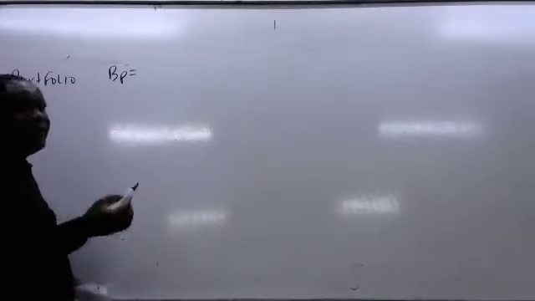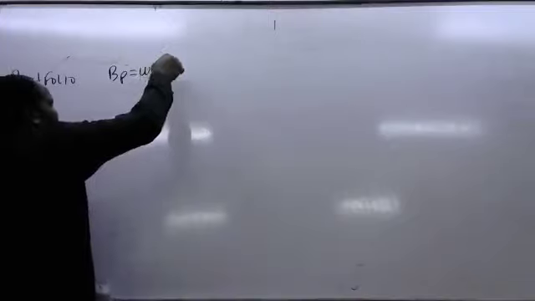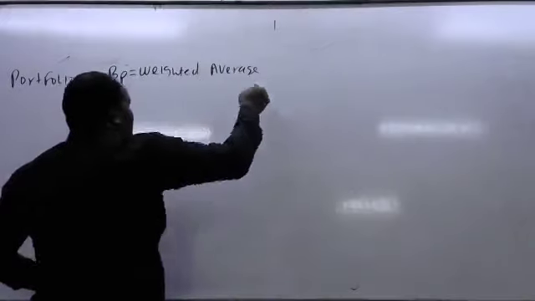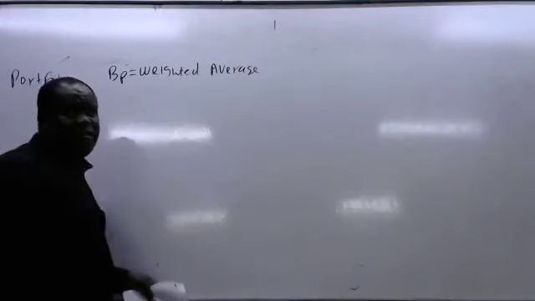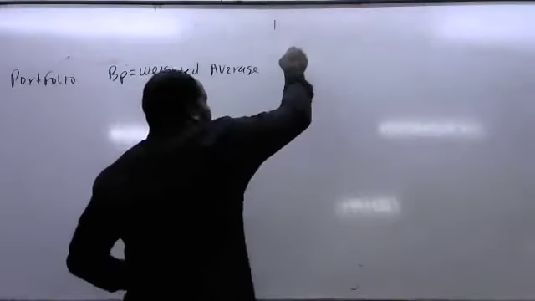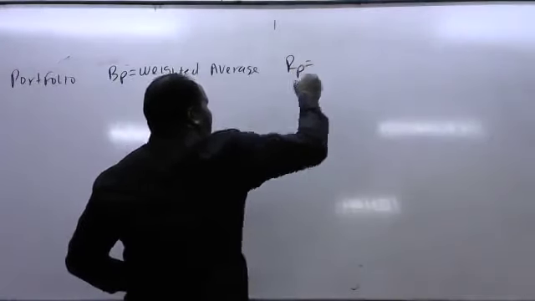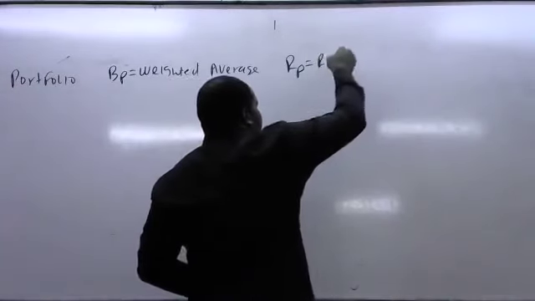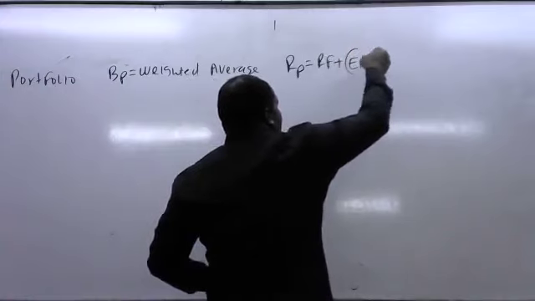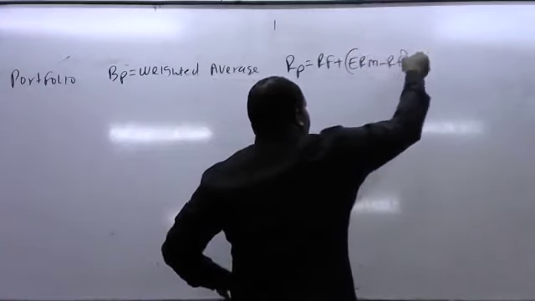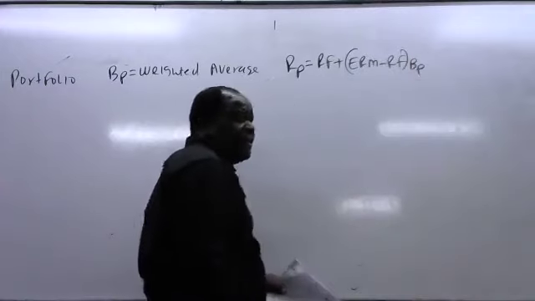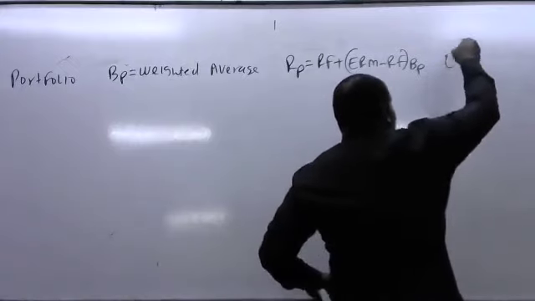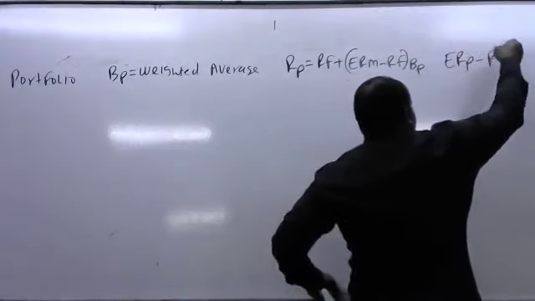The beta for the portfolio will be the weighted average. Then after you have calculated the beta for the portfolio, we also get the return of the portfolio according to CAPM, where it will be risk-free rate, then expected return for the market minus risk-free rate, then the beta factor of the portfolio. Then once you have done that, now you take expected return of the portfolio minus the